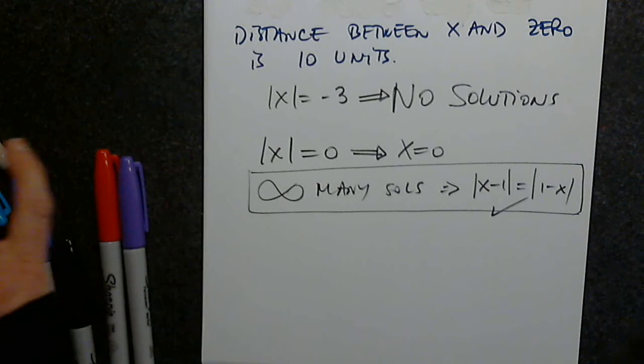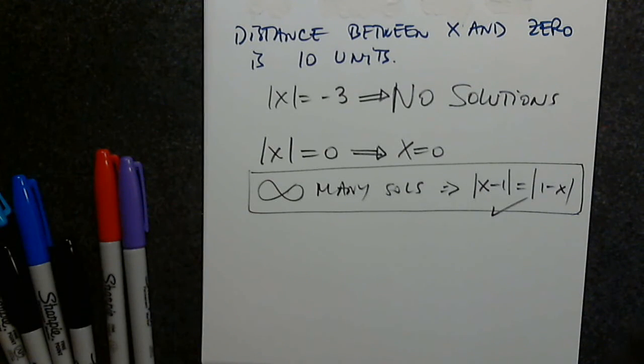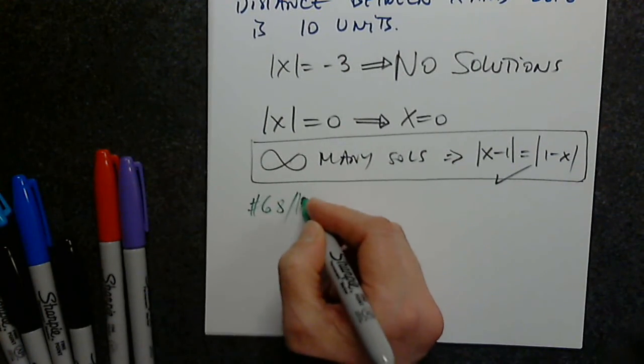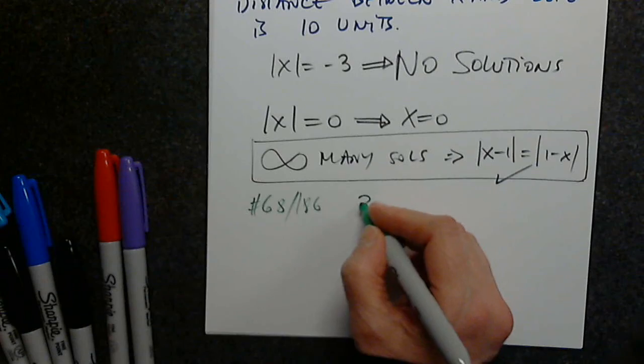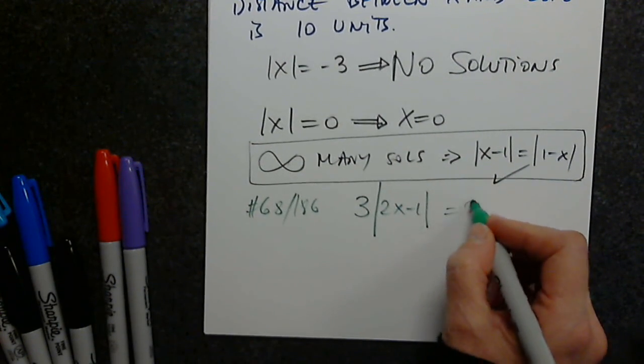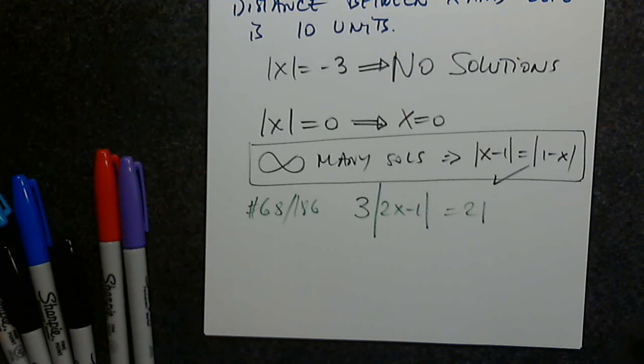Okay, so let's look at a couple of examples from your book. On page 186, number 68. And we have 3 times the absolute value of 2x minus 1 equals 21. I specifically picked this problem. Let me see where I'm with my video. 1 second. Yeah. So here's what I'm doing, so you don't think that